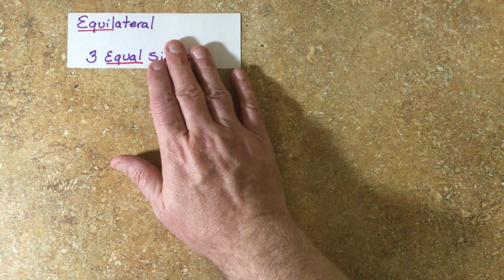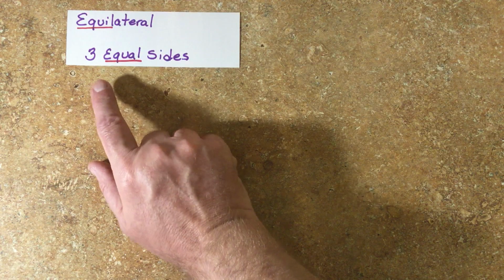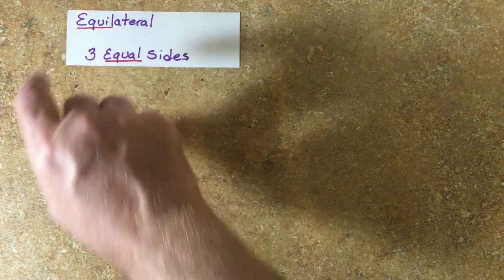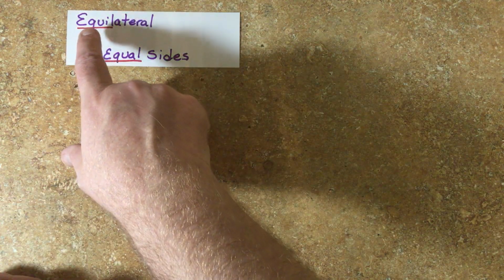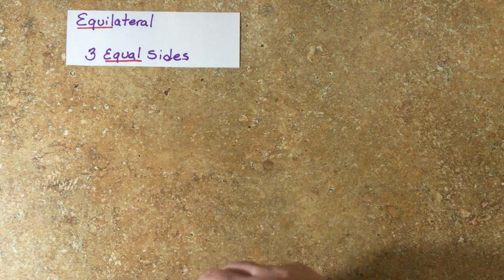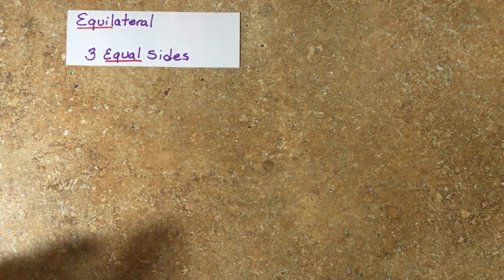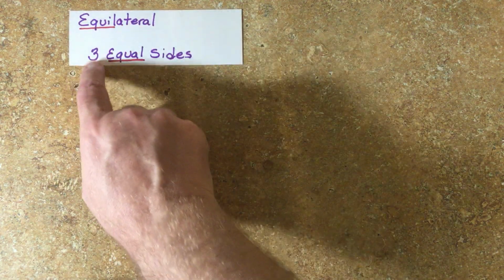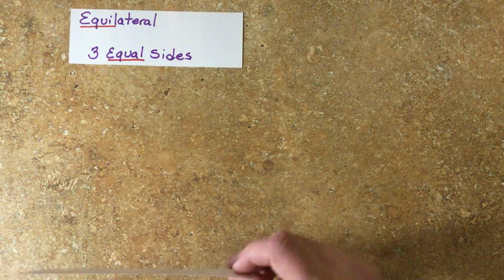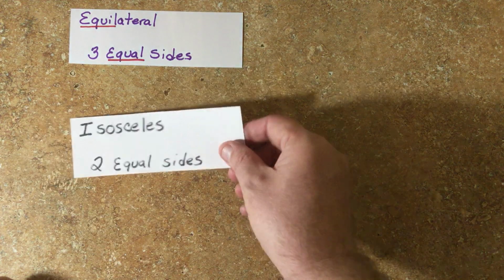And the first set of criteria is equilateral. I have three equal sides, and you can almost see the word equal in the word equilateral. And lateral is a Latin word, I believe, for side. So equal sides, three equal sides. What if we had two equal sides? That would be